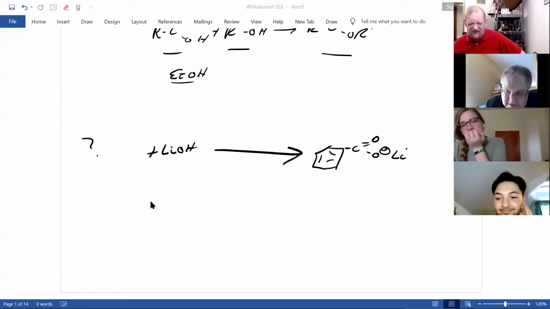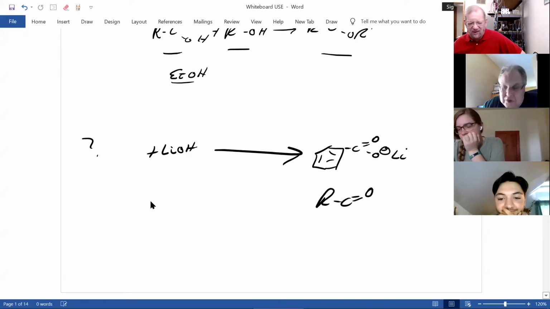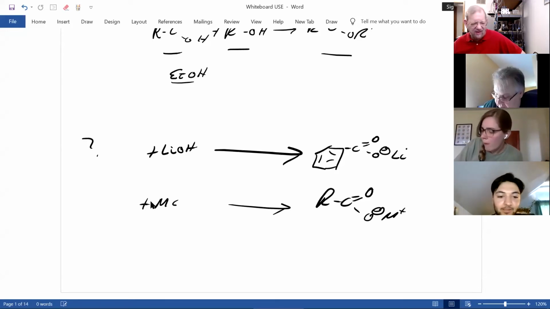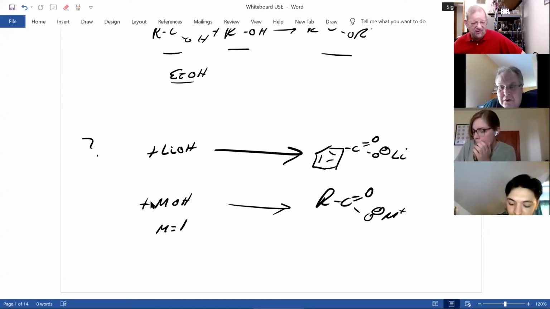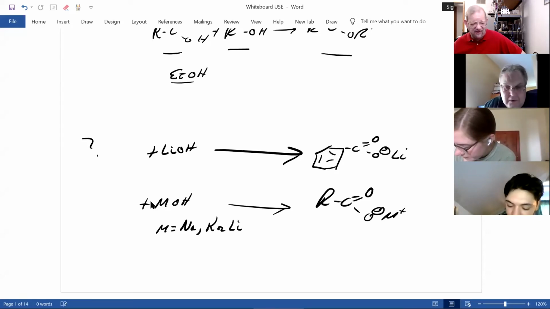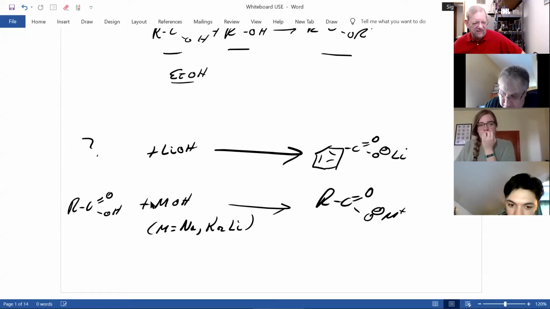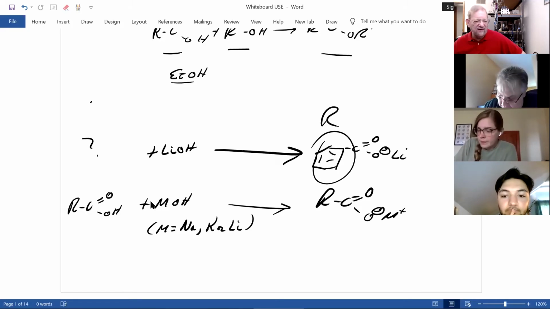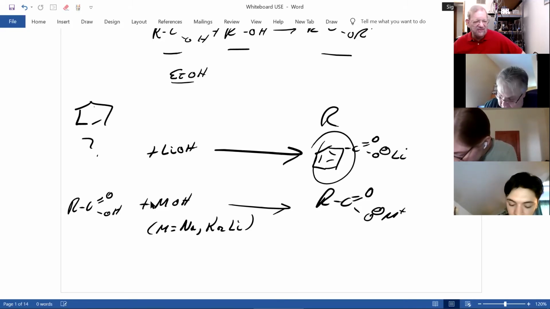And what do we have here? Let's do the general reaction. Ooh, a carboxylate anion. And this is MOH, where M for my class can be sodium, potassium, or in this case, lithium. And what do you react? A carboxylic acid. And what's my R group? Benzene. Therefore, if I take benzoic acid,